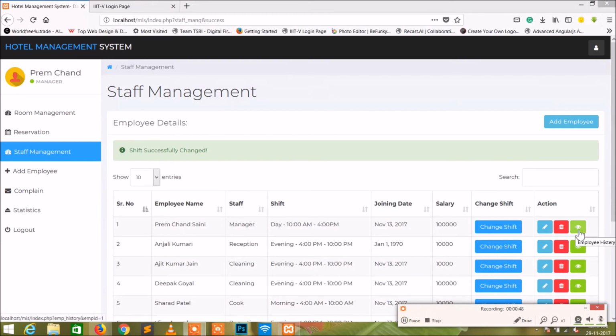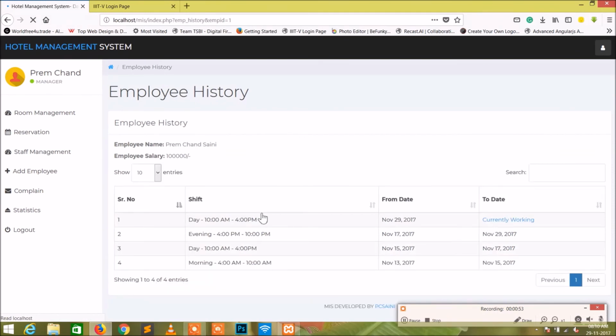Also you can see the employee history, that is, in which shift he has done the work. Currently he is working the day shift, 10 AM to 4 PM, that is today's date. Evening he had done, meaning you can have the employee history of the times in which he has done the work. Next, click on the complaint section.